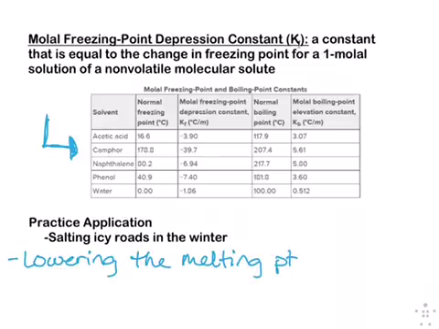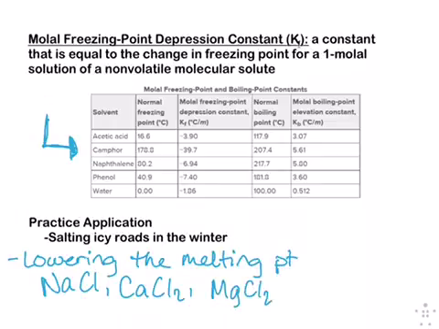And so typically, there are 3 types of salts that can be used: NaCl, CaCl2, and then MgCl2. Those are the 3 standard salts that get used when we salt the roads. Which one of these salts will be the least effective at lowering a melting point? NaCl, why? That's the least amount of things. What word should she be using? It has the least amount of